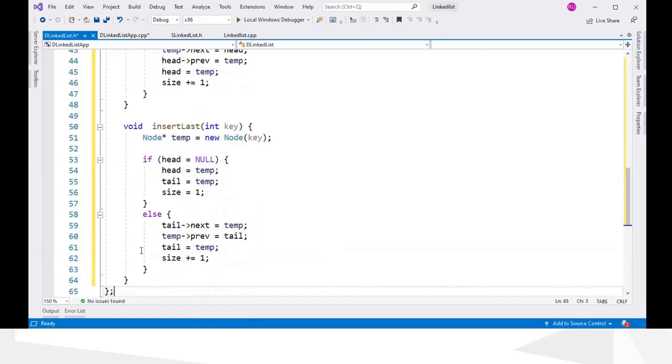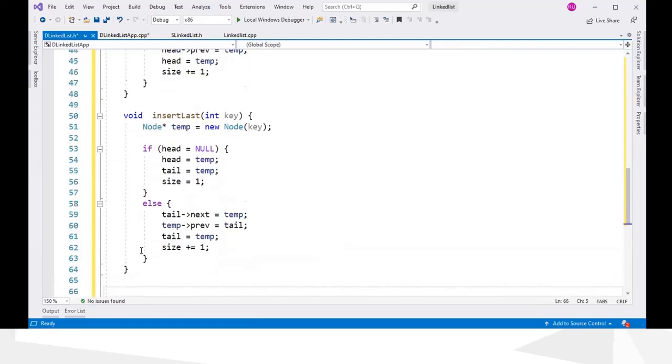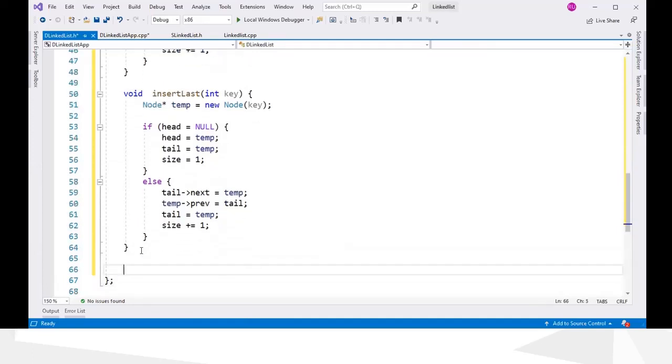Okay, so now we can use this to insert at the beginning and end. Before that, we will write the display function. The display function will be similar, because we will be moving from the first node to the last node.